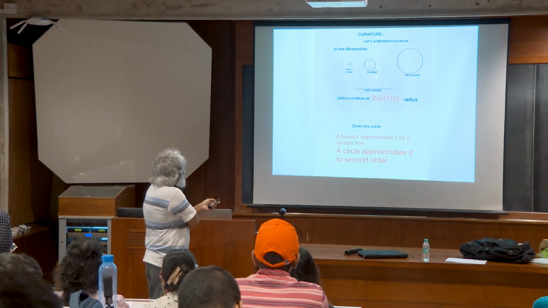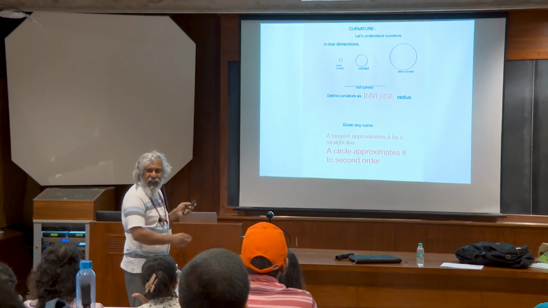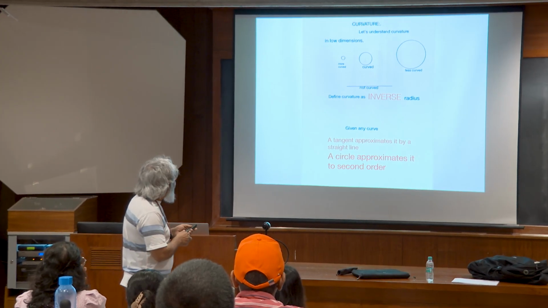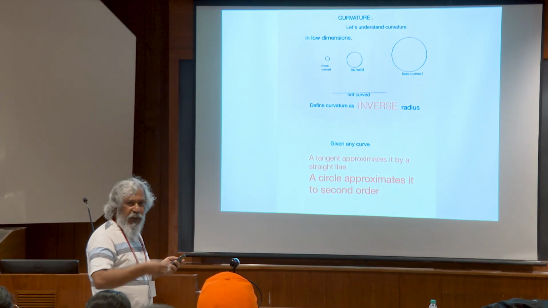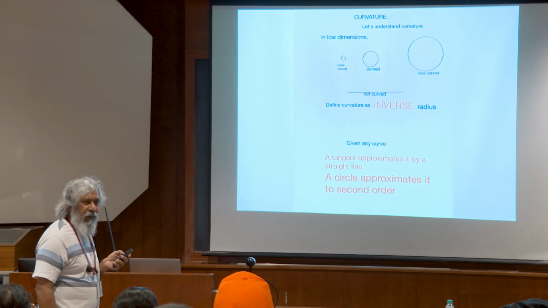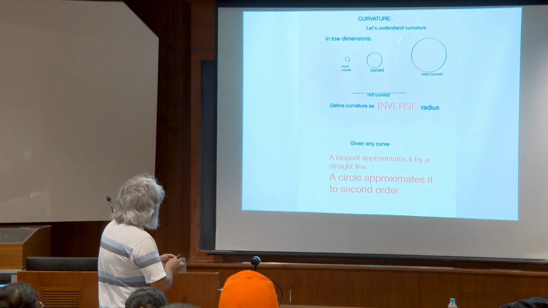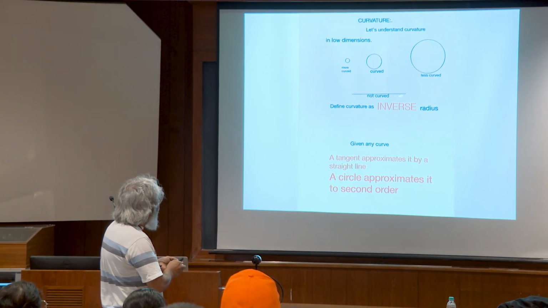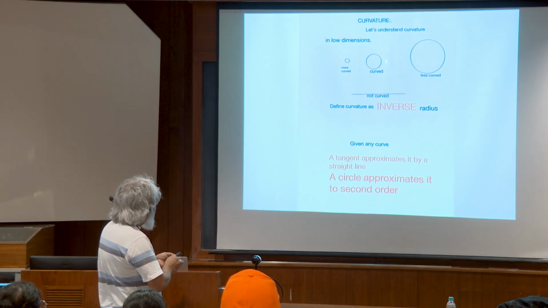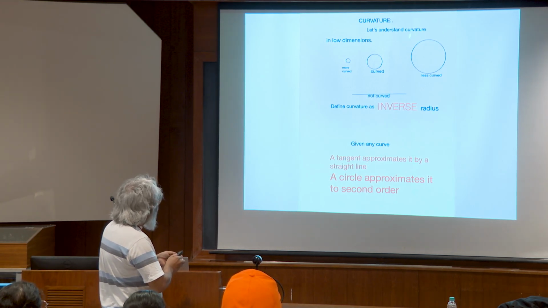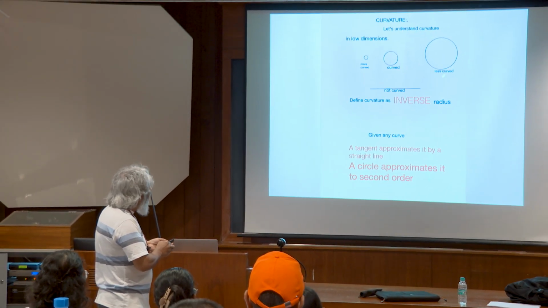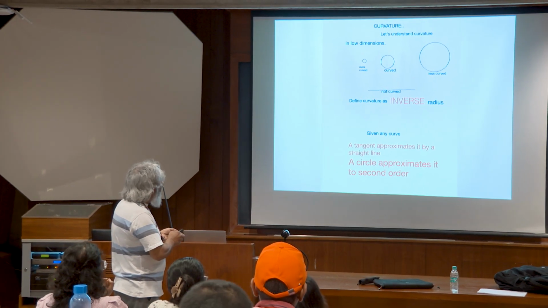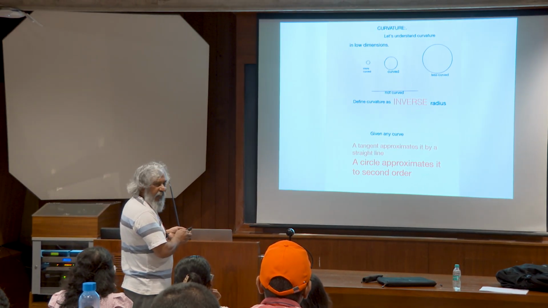Okay. So now let's forget about physics and just understand curvature by just talking about curves. Let's understand curvature in low dimensions, where it's much easier to visualize than in 4 dimensions. So it's clear that this line is not curved. This line is curved. This is closer to this than this one. This is less curved. This is more curved. So I get the idea that if I want to find out the curvature of a circle, I just define it as the inverse of the radius.